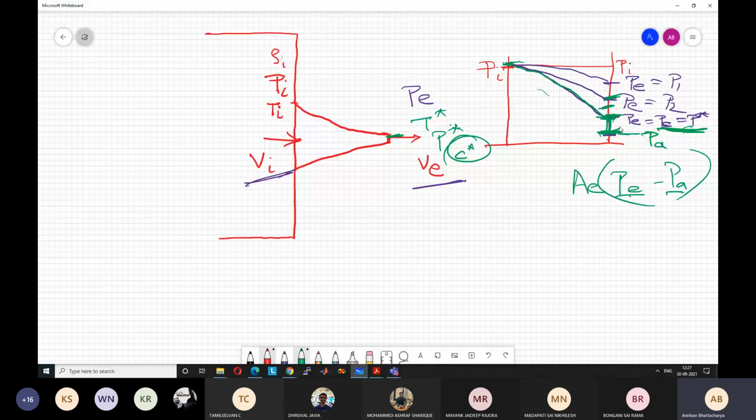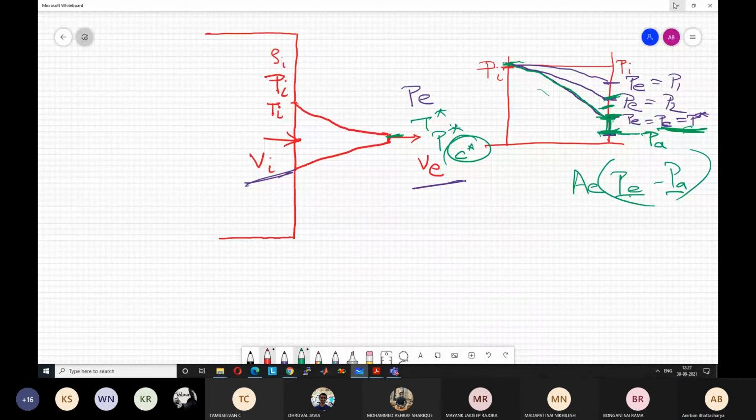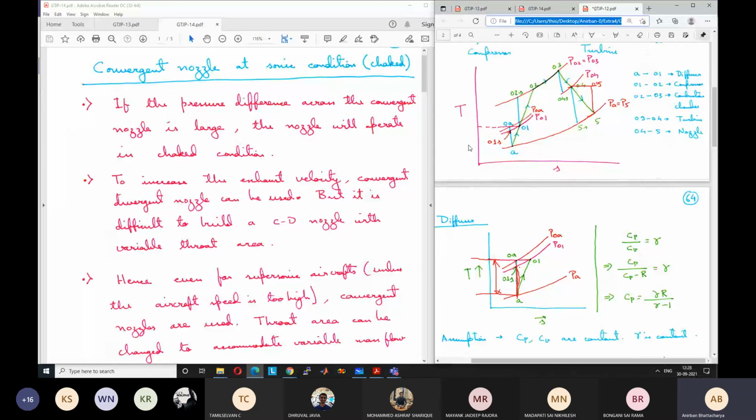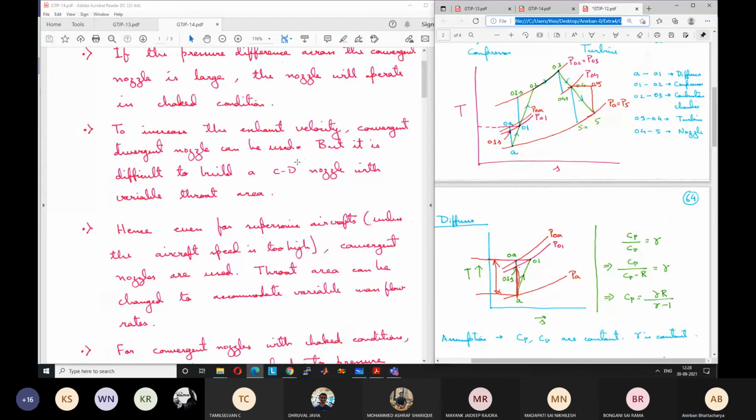But for applications where cost is not a very critical factor, like a space shuttle, you will have very high velocities, and you will see the convergent divergent nozzle. If you see a picture of a space shuttle, you can clearly see that the nozzles are divergent. Convergent sections are not visible because they are inside, but the divergent sections are clearly visible. You will see that the area is increasing. For typical aircraft, we use only convergent nozzles, but if you are designing a scramjet aircraft, then you might think about a convergent divergent nozzle.